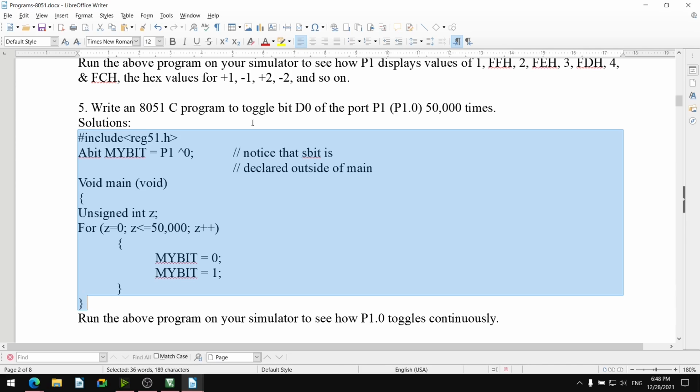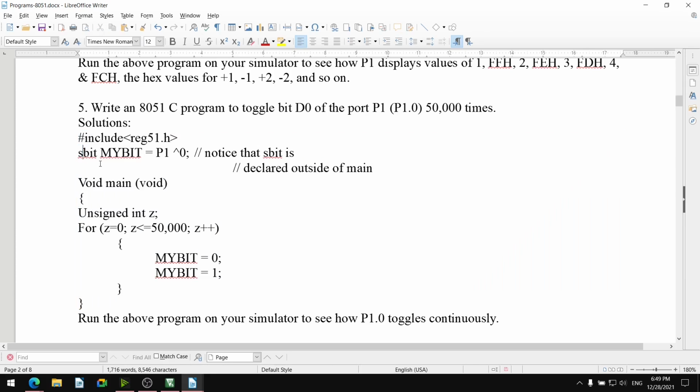How to toggle it? By using the bitwise operator. My bit variable is there, and sbit is the declaration. Notice here that sbit is above void, before void, and P1 hat 0.